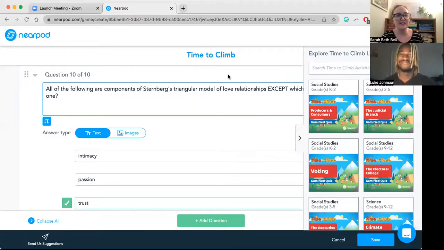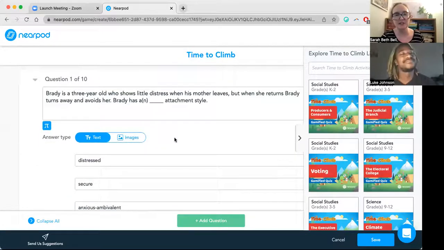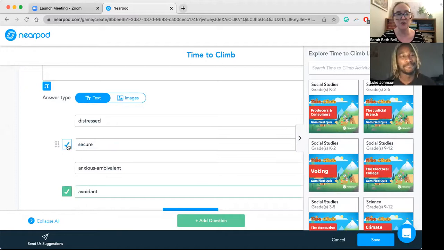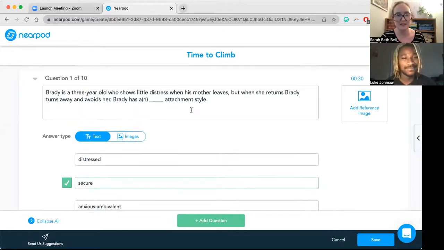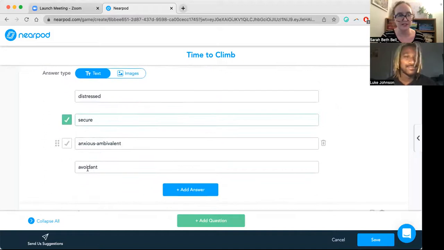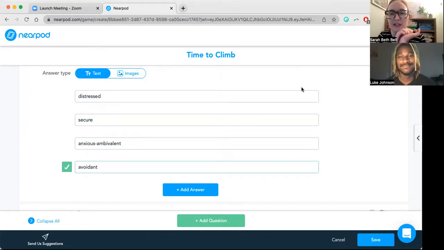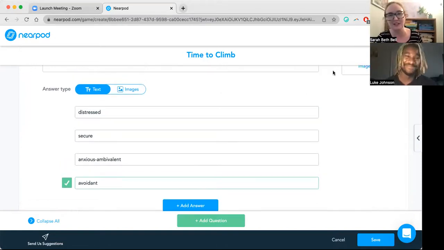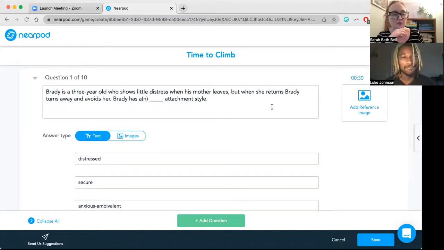We just played the Time to Climb, but I accidentally made it so that I couldn't pause it. Sorry, guys. When me and Luke played it, I couldn't explain what the answers were, although he did get them all correct, but I wanted to explain to everybody else. So the first question was, Brady is a 3-year-old who shows little distress when his mother leaves, but